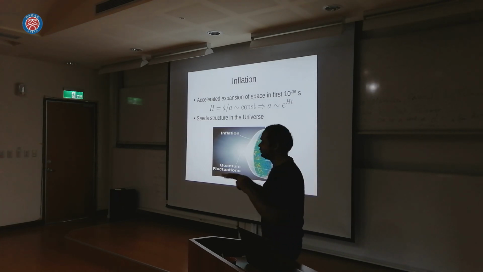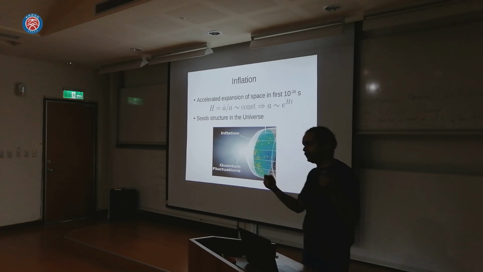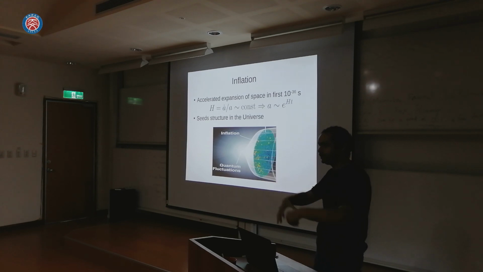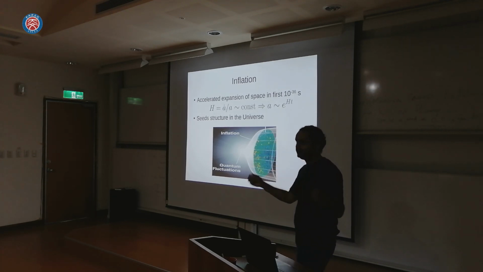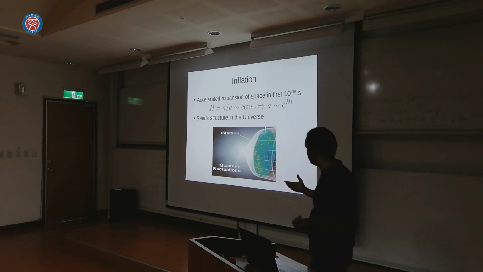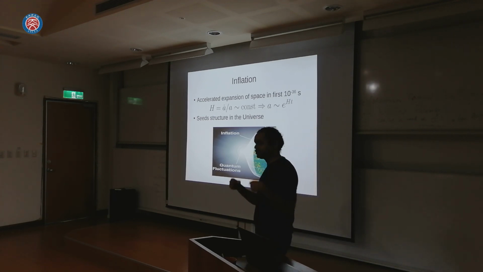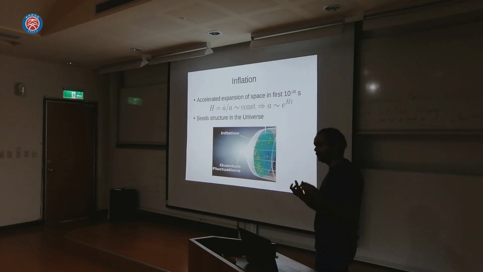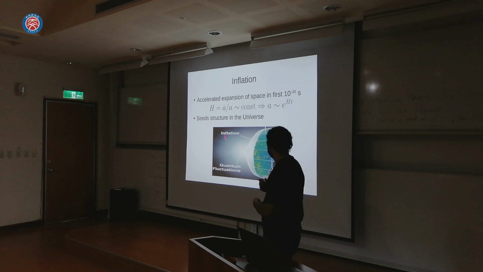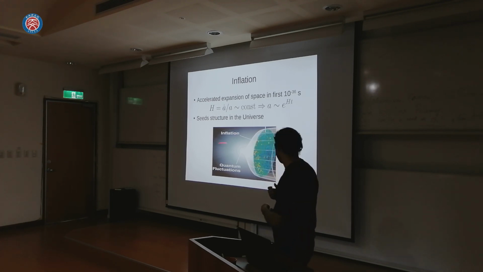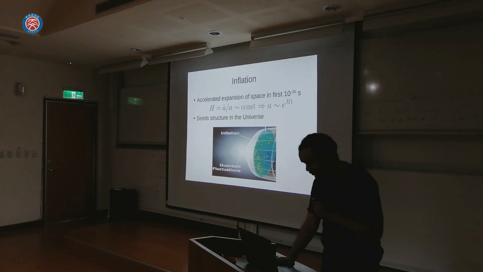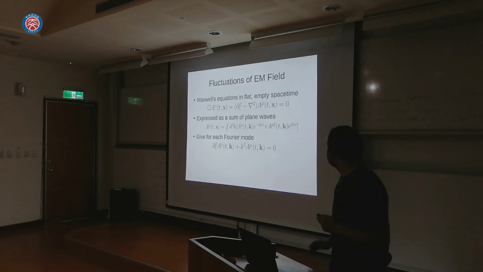Once you have an initial perturbation, we know that it can grow by gravitational instability. Regions that are overdense can accrete matter and become more overdense, and regions that are underdense lose matter and become more underdense. But how do we actually get the initial perturbations? The answer that inflation provides is quantum fluctuations. To see how exactly that works out, let me first talk about a more familiar case, I hope, which is fluctuations of the electromagnetic field.